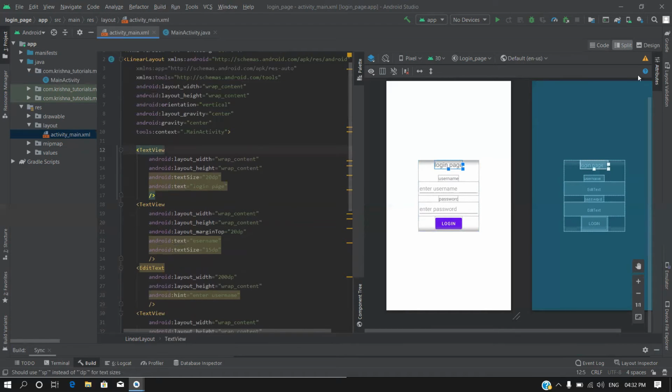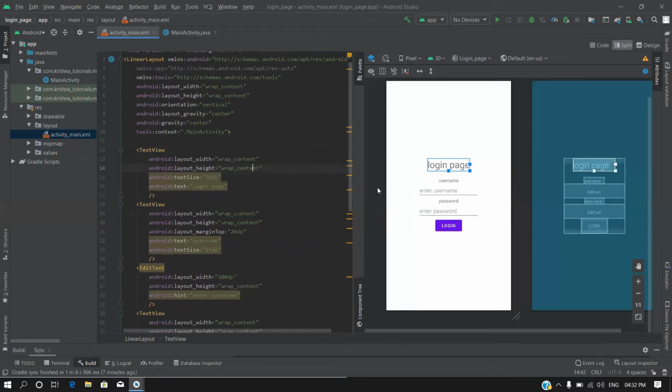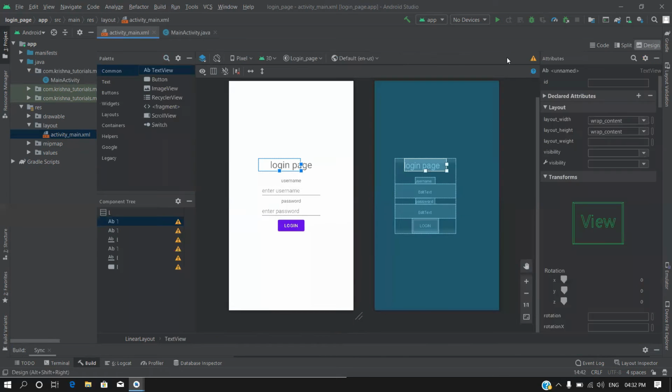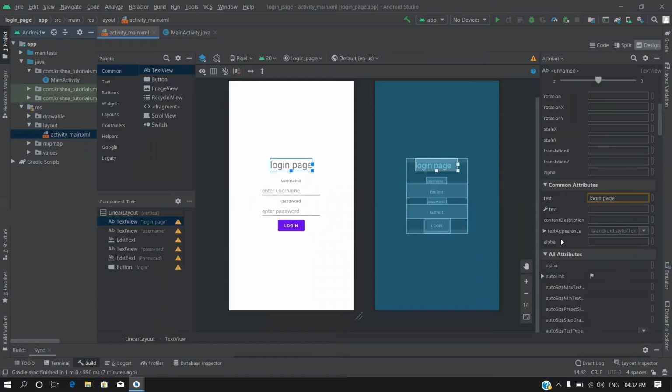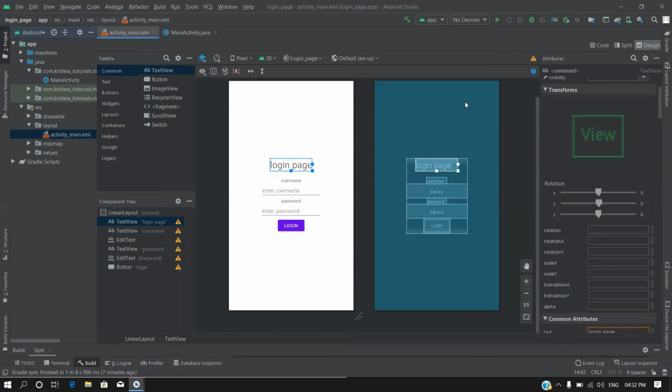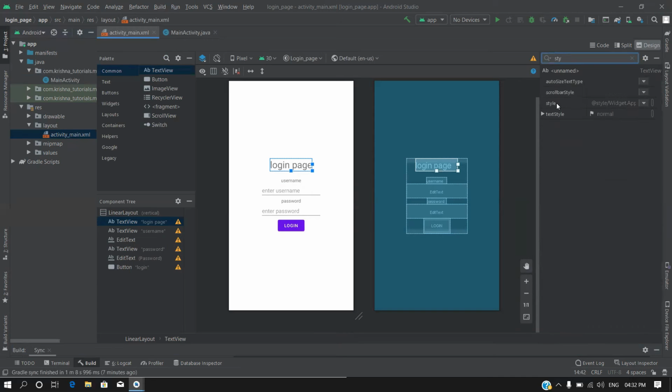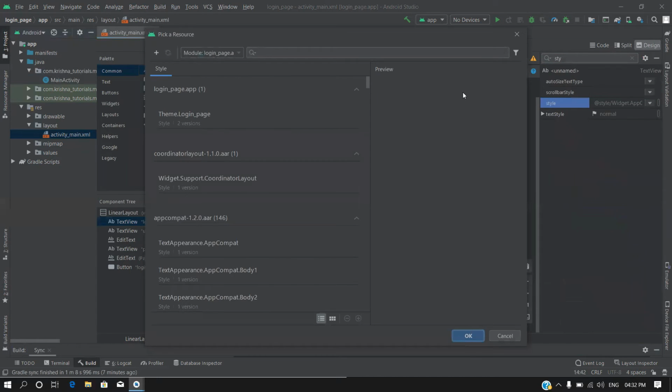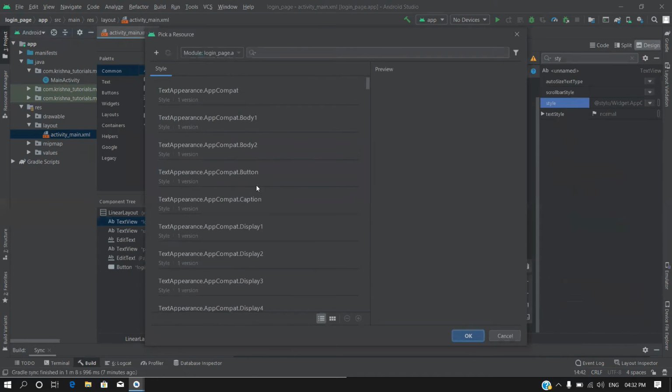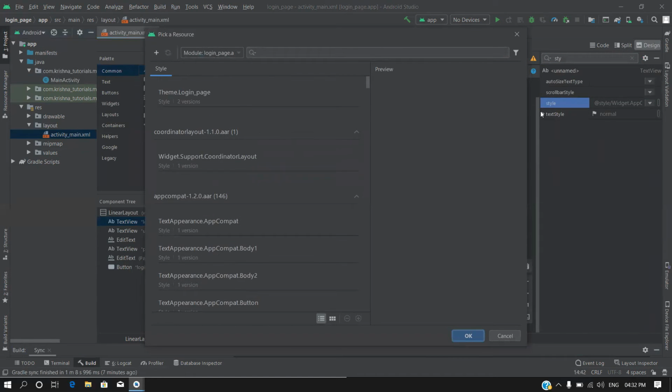For this login page, I want some styling, or let's say the text size should be more, so I can go into the design view, go down, search for style, and check text style.